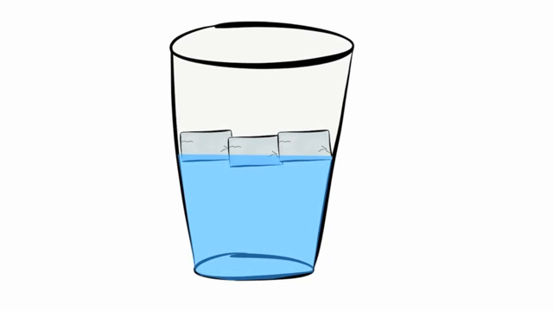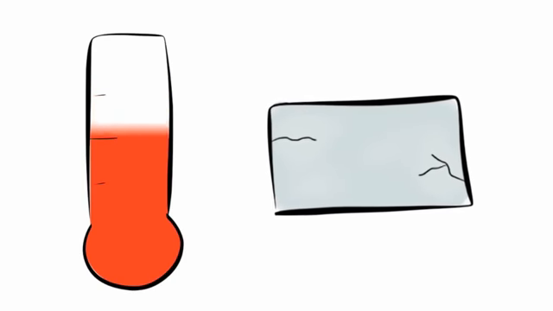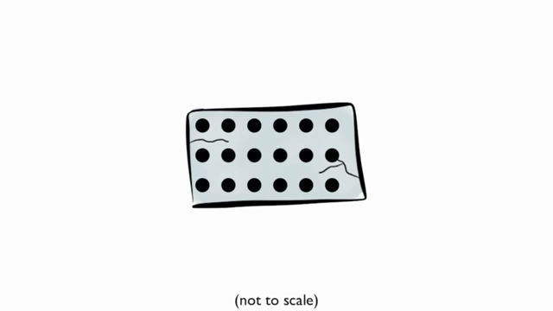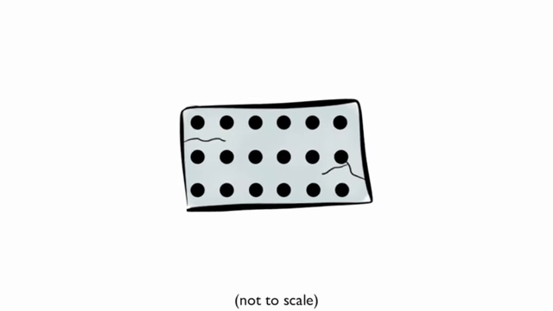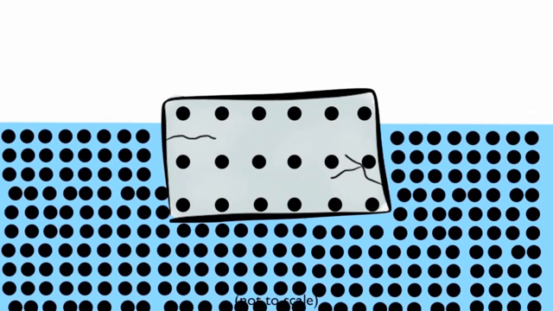Density also explains why ice floats. If you freeze water, it expands. Let's use the black dots to represent the atoms in water. When you freeze water, no new atoms are added to the water. So because of the expansion, there is more room between the atoms. Compared to the atoms in liquid water, the atoms in the ice are not as tightly packed together, causing the